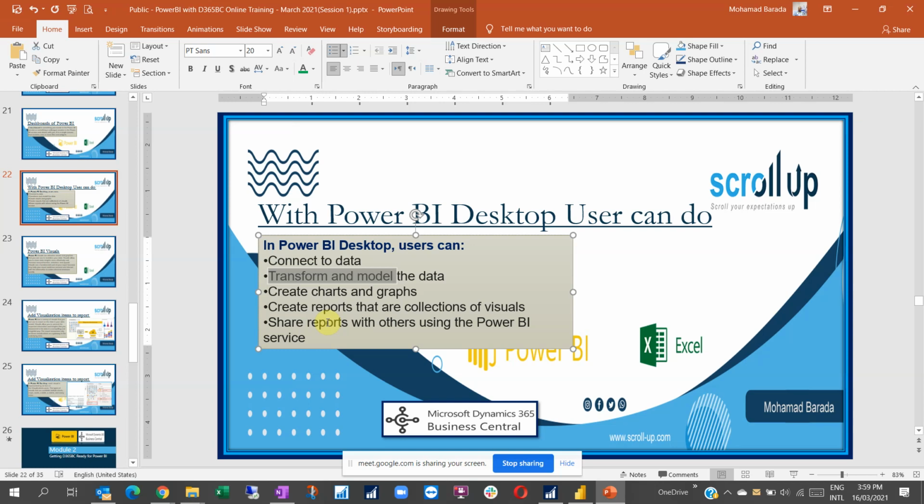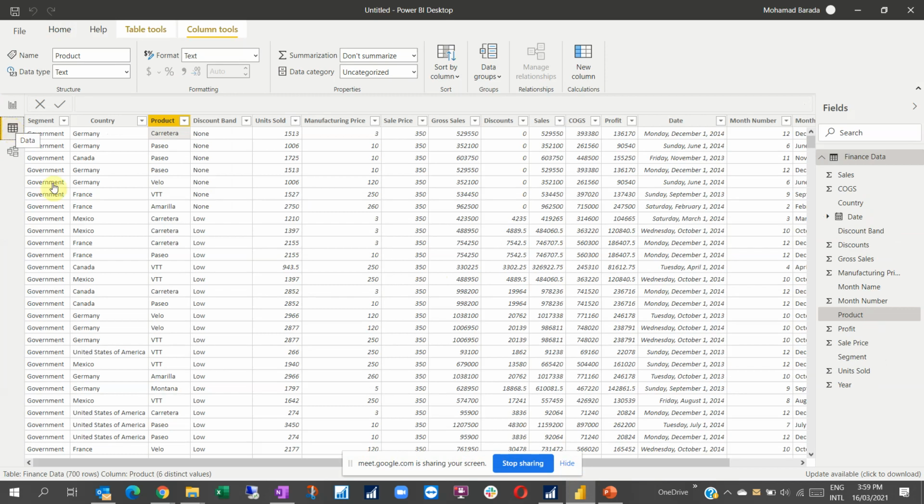You connect to data first, as we mentioned. So we have connected to Excel here. We transform data, so we apply certain changes, and we model the data, we do relationships, then we start creating charts. If you just try to think like me about this,